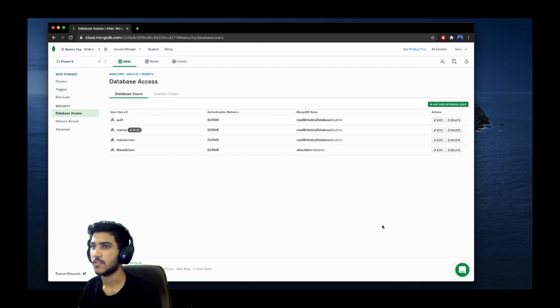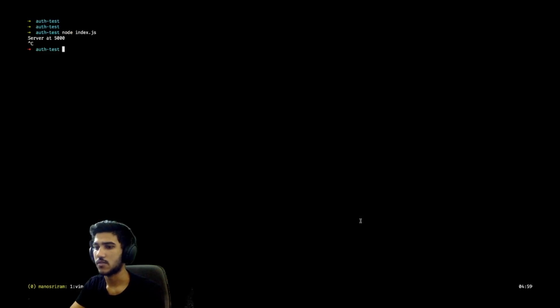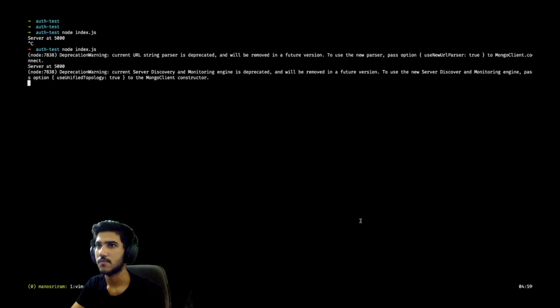user. So the user is added now, and we can go back into the terminal, and instead of user we can say auth, which we have created just now, and instead of password we'll be saying auth1234. And db name, actually this one is not needed, but we will say we have created a db name which is auth, so we'll put that too. So now let's try starting the server. There are some warnings. You can see that the database is connected now.